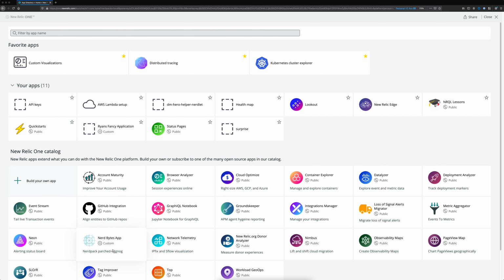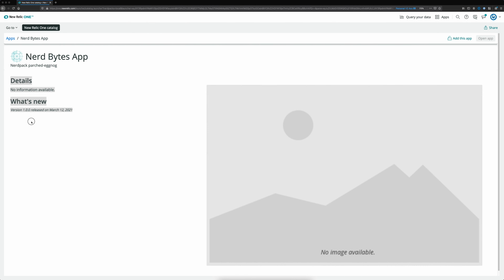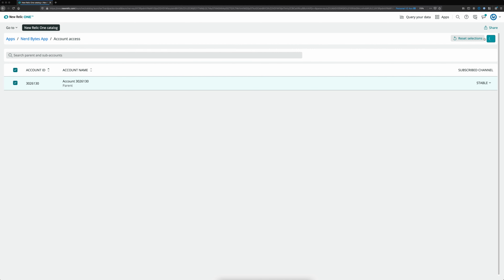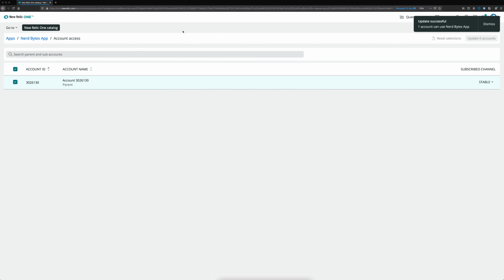Now, we haven't given this an icon or any really useful descriptions, but once you do, this will be fully filled out with some screenshots as well to show you what this app does. But for now, all we need to know is this is published, this is ready to go, our colleagues can start using this application. And the way that they'll do that is by coming into this application here from the catalog, add this application, select the accounts, and if you have more than one account, you'll see a list here. Select the accounts that you want this application to be enabled on, update those,